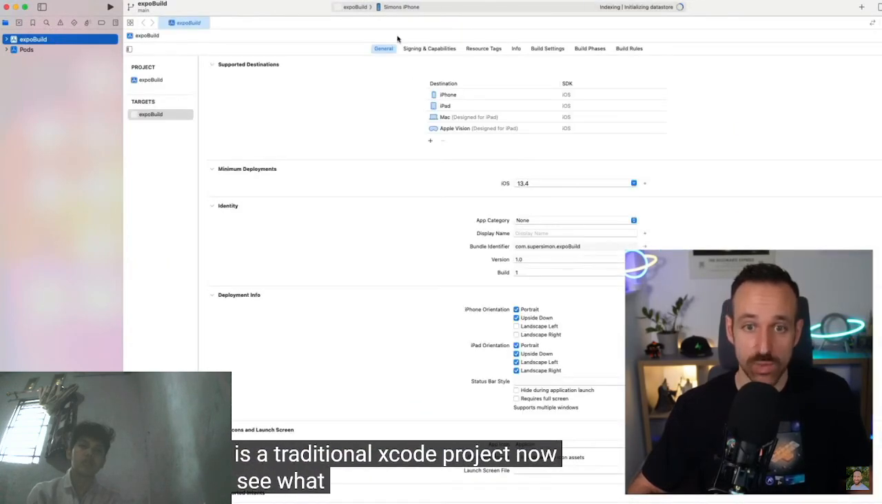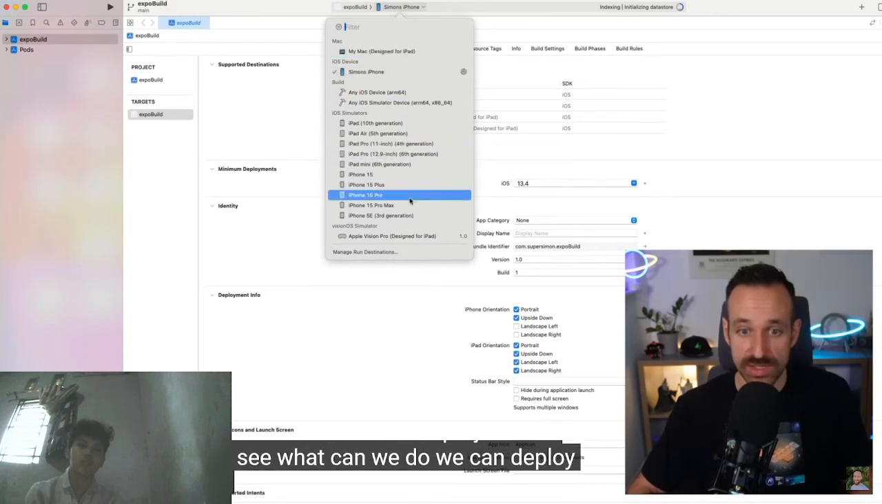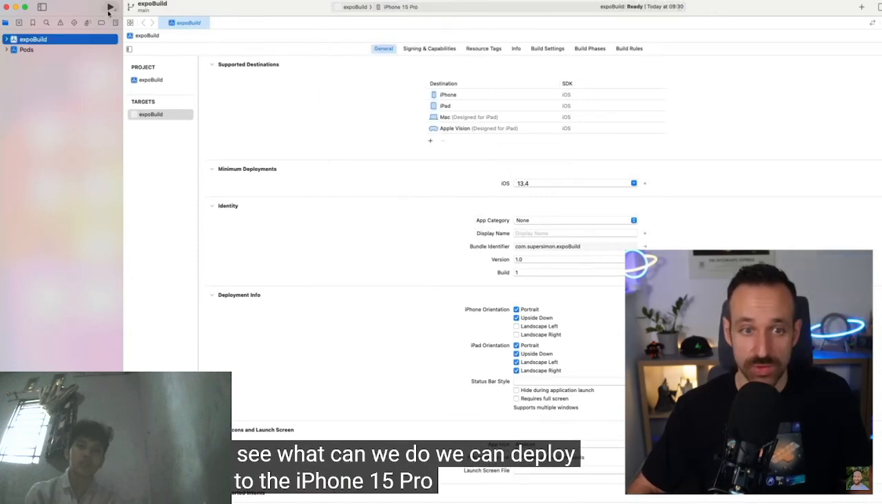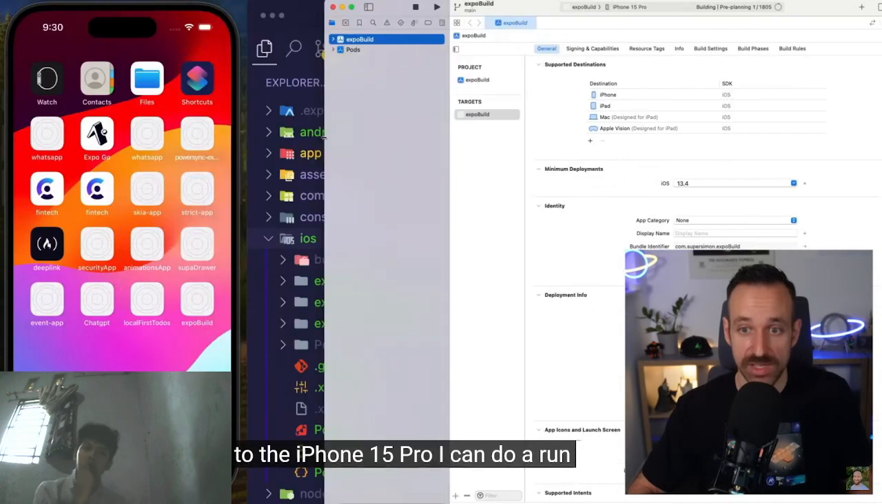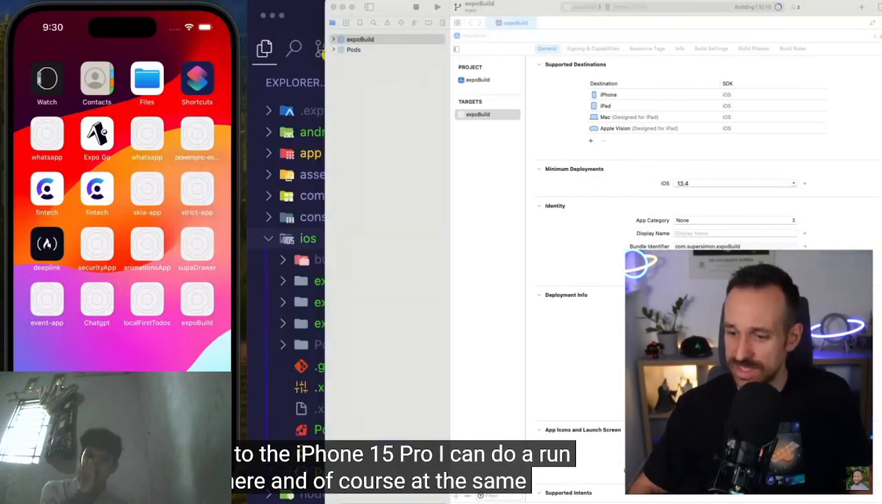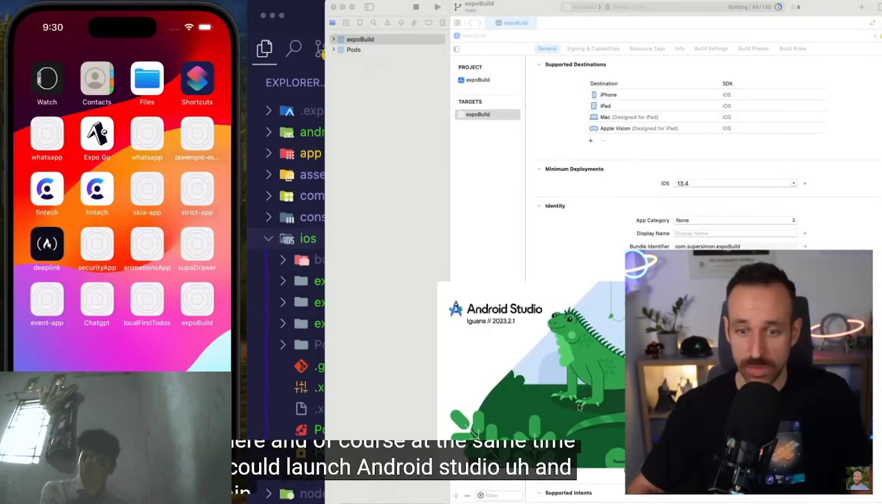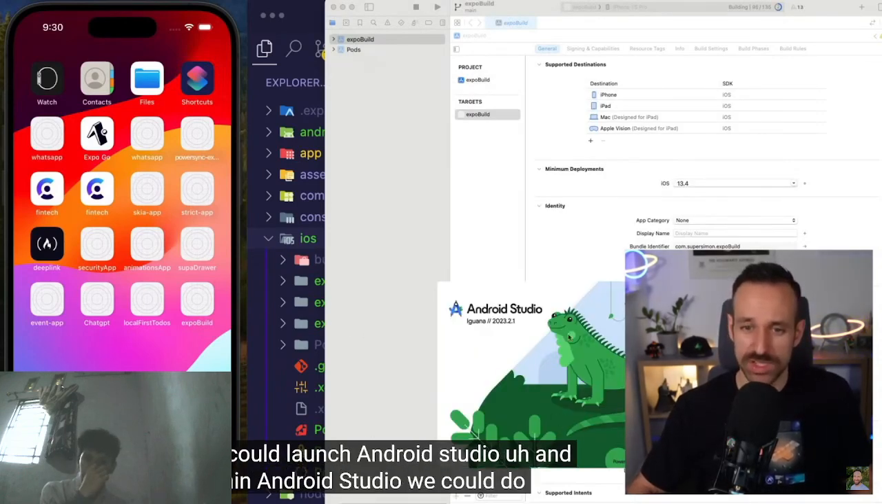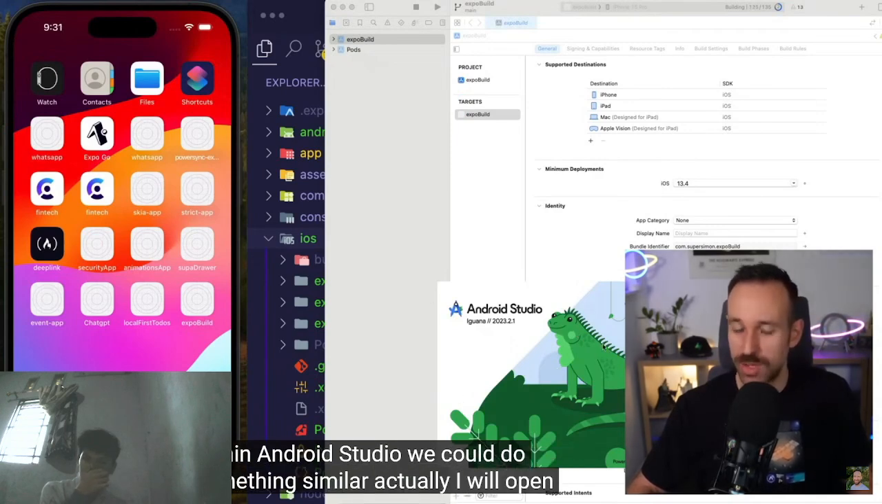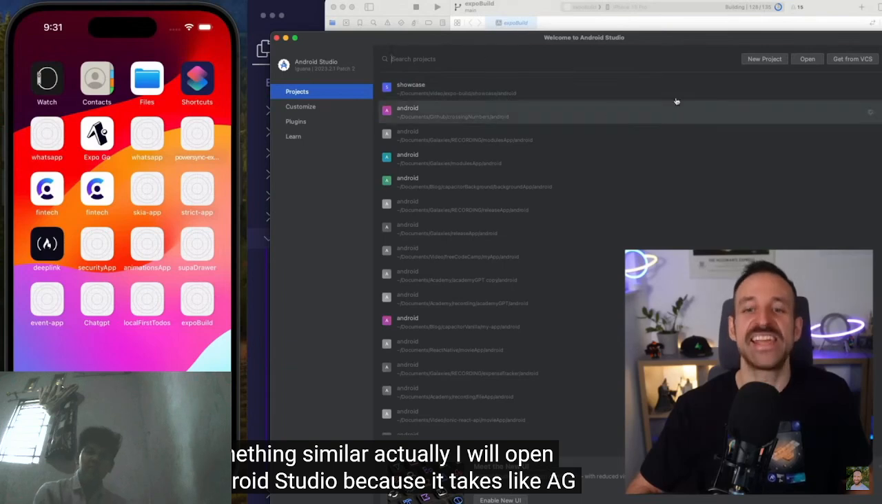Now, let's see what we can do. We can deploy this to the iPhone 15 Pro. I can do a run up here. And of course, at the same time, we could launch Android Studio. And within Android Studio, we could do something similar. Actually, I will open Android Studio because it takes ages